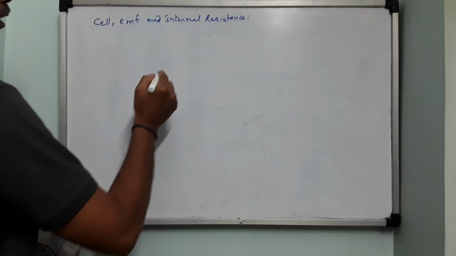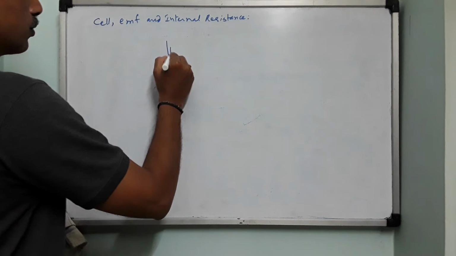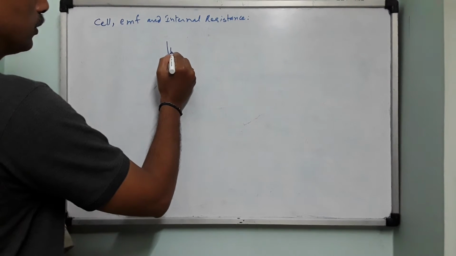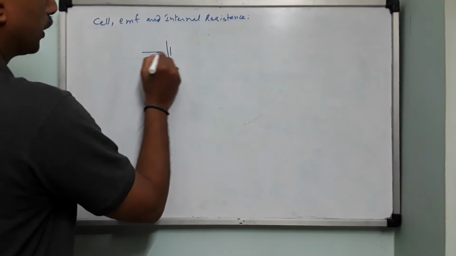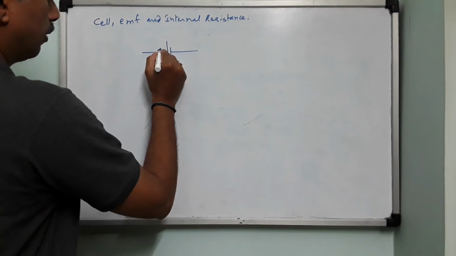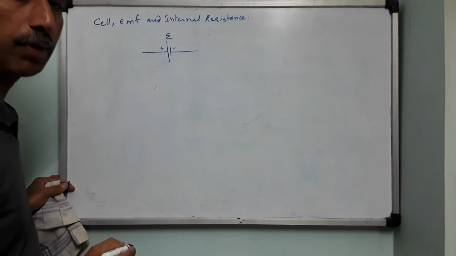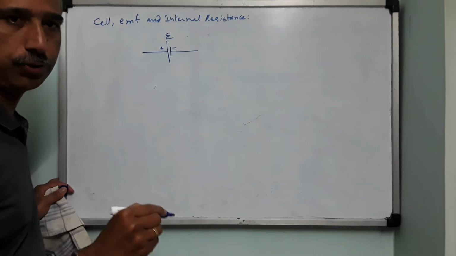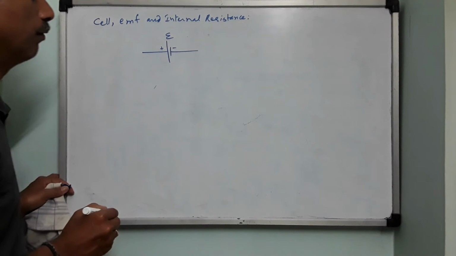Right. Now you see, any cell will be denoted with two electrodes, positive and negative, a big line, and parallel to this there will be a small line. Both of them are parallel. So now this is the connecting wire, this is the connecting wire, plus, minus. I write here on the top E. E stands for what? EMF. EMF means electromotive force. It is not a force, it is going to be an energy, you will see now.